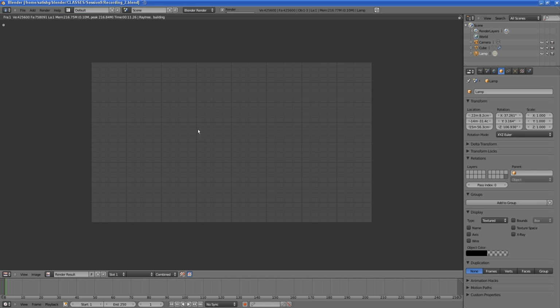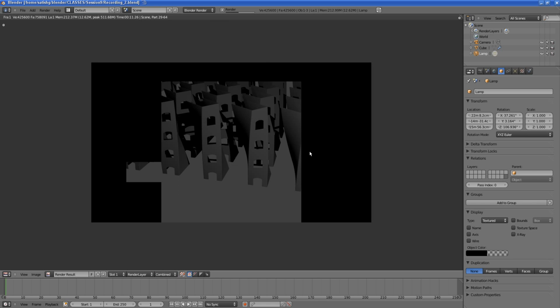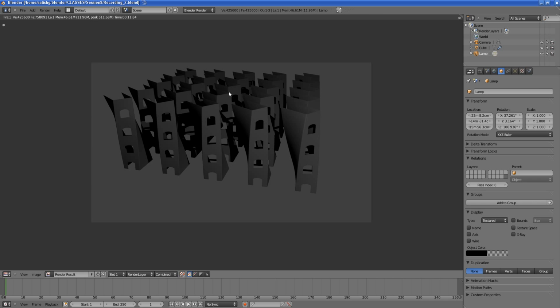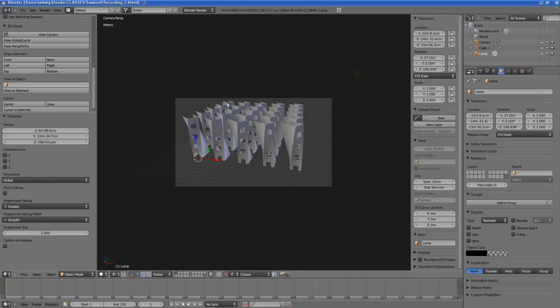Almost done. There you go. We'll come back to this scene when we learn a little bit about lighting later on. So that's it for this particular part. We've learned about face normals, and